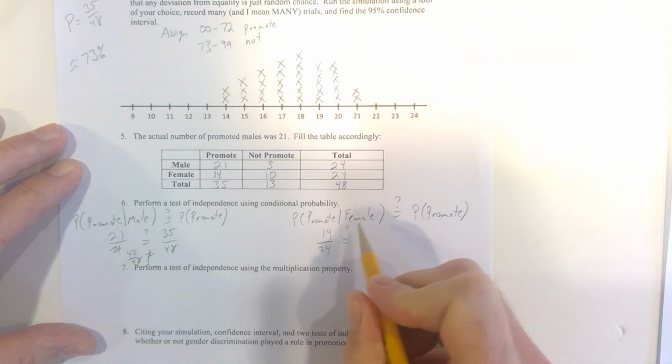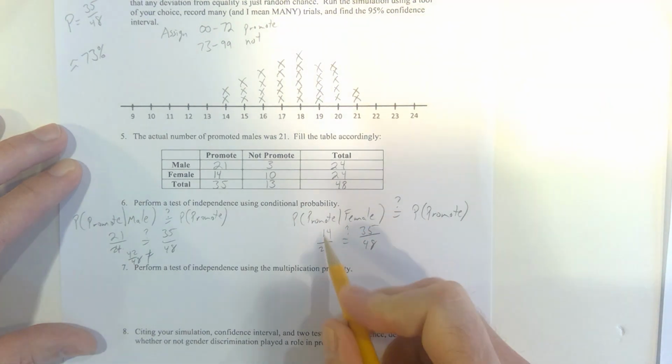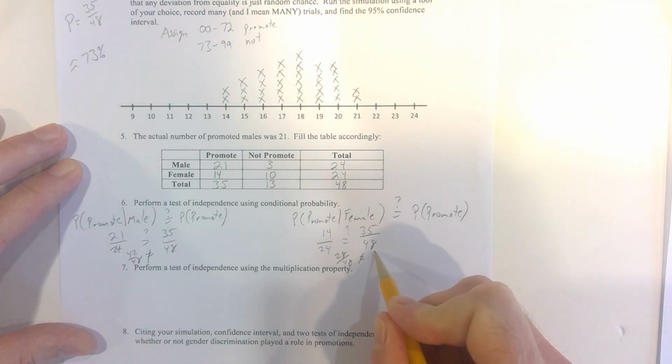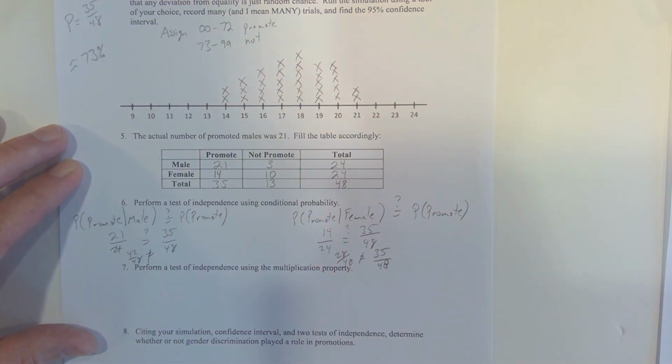Does that equal the overall of 35 out of 48? And of course, no. That is lower, right? Females were offered the promotion at a lower rate than they should be if it were independent, if gender had no impact. But there's one thing we need to remember. Our actual